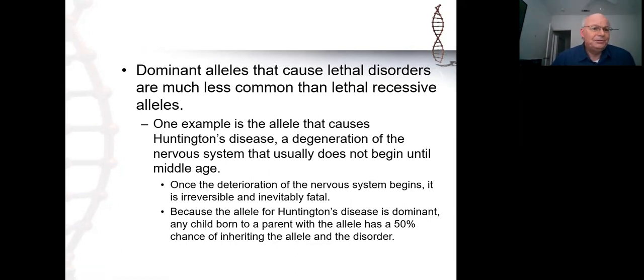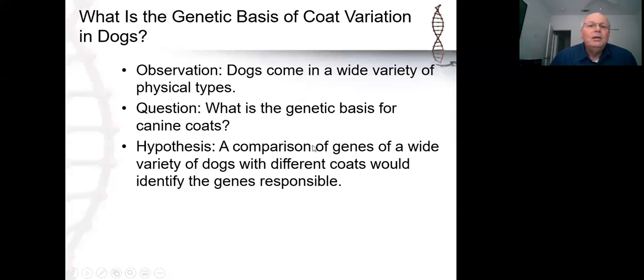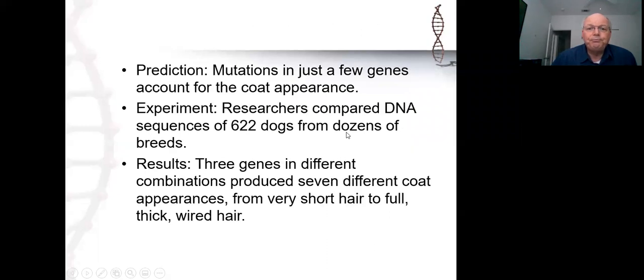Why 5 digits? We don't know. We really honestly don't know. But that seems to be the favored condition. But no one has really been able to point to a reason why it's the favored condition at this point. So if you want to take a look at this, you can read the section in the textbook. It takes a look at the type of fur that dogs can have and the different varieties of fur that dogs can have,